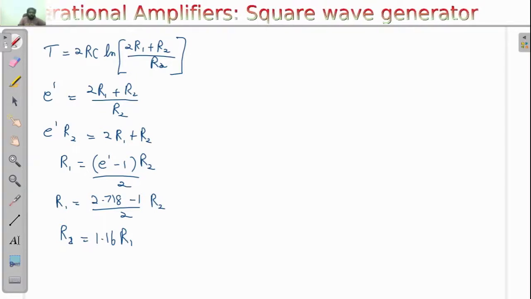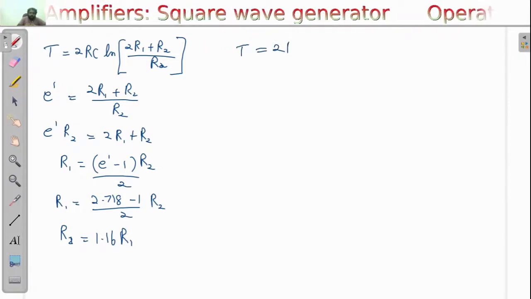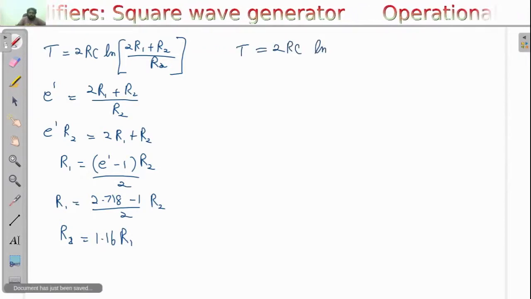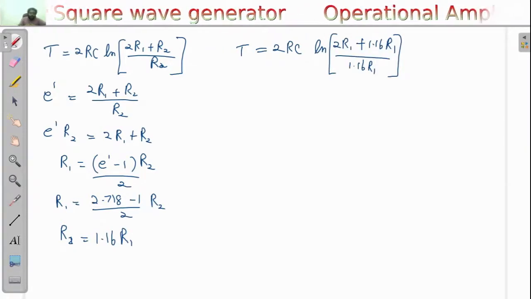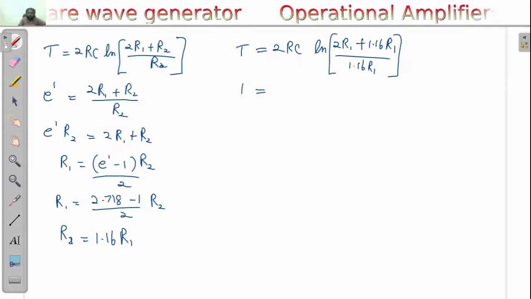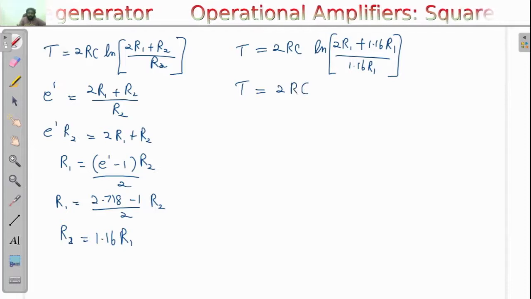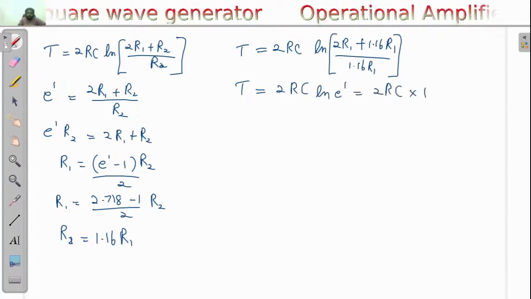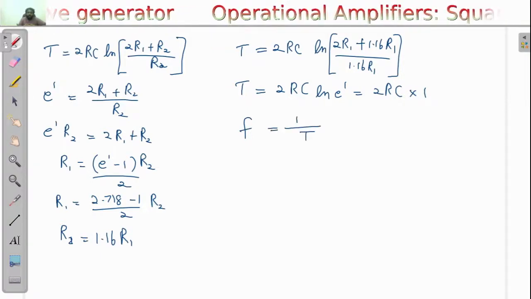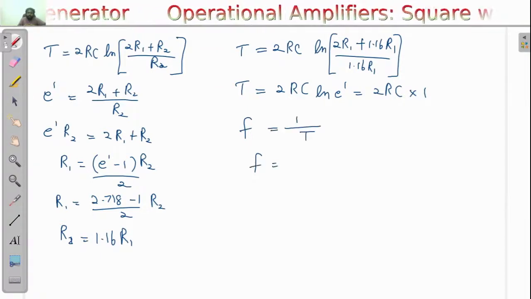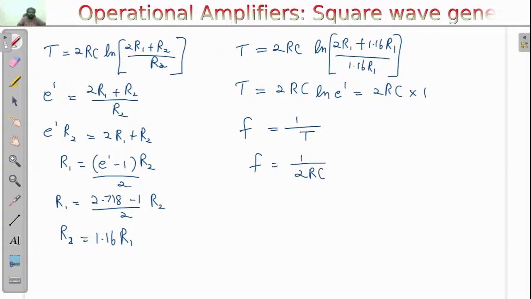So when you take this and put it inside here, then you get T is equal to 2RC logarithm of, then this fraction leads to e raised to 1, and you get T equal to 2RC log e raised to 1. So the frequency in this case will be 1 by T, which is equal to 1 by 2RC. So this is our final